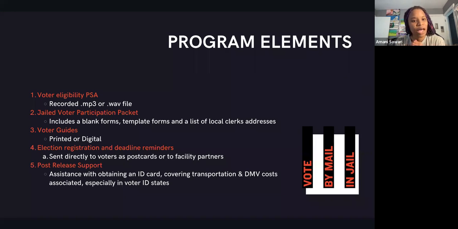We also have deadline reminders. So we partner with folks all over the country who are interested in sending voter election reminder postcards that look just like this. This is one, I'll cover the label here. Folks can just write a little message on the side, stick a label, stick a stamp on it, and send it off. This one is for Illinois. We just sent these out